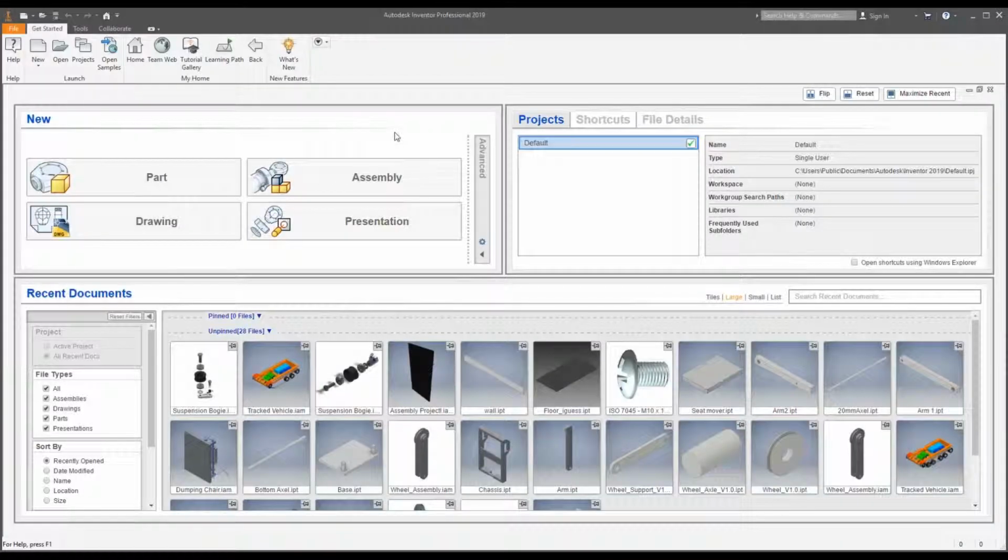Hello, hello, hello. Welcome to my next video on presentation files and exploded views and the animations that come along with them. I'm just going to hop right into this and explain the importance of things as I go along. So you're just going to go right up to New,